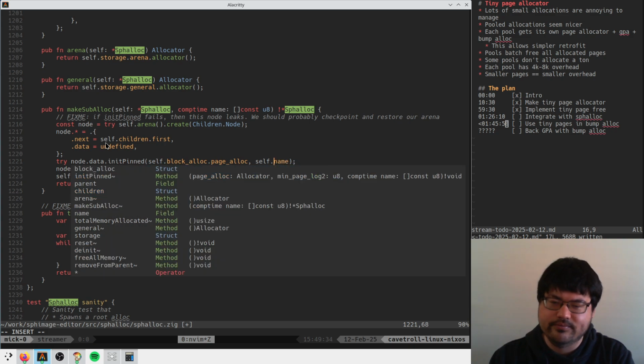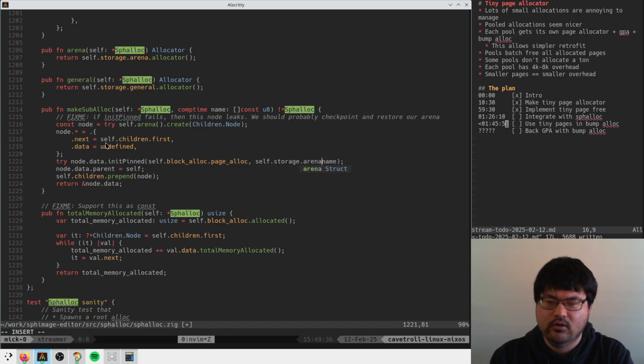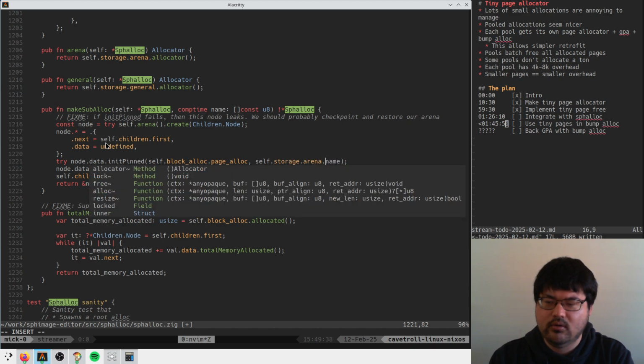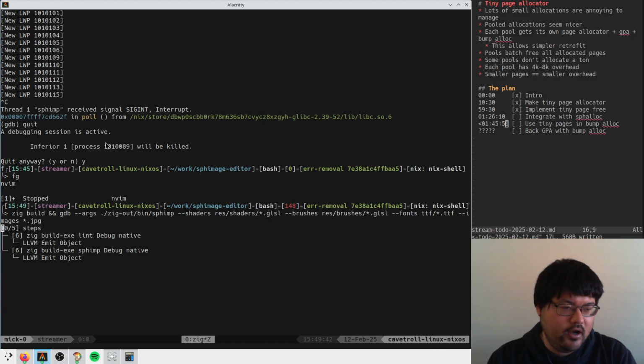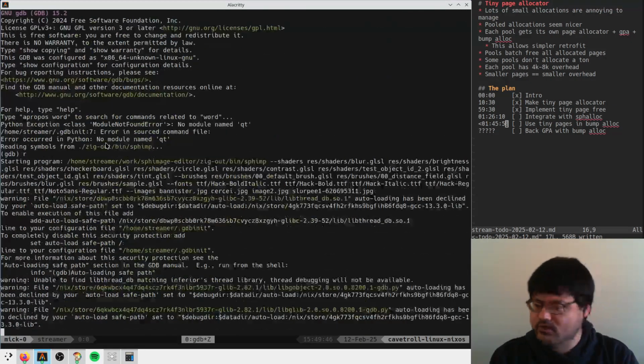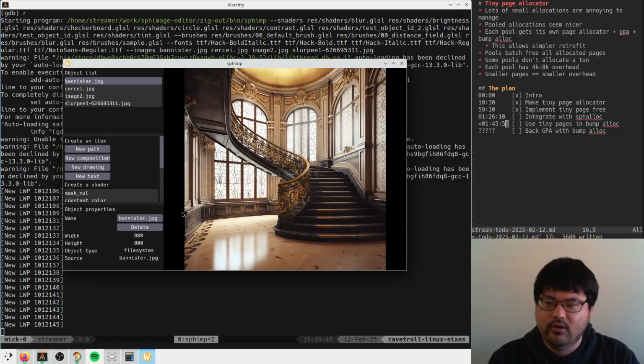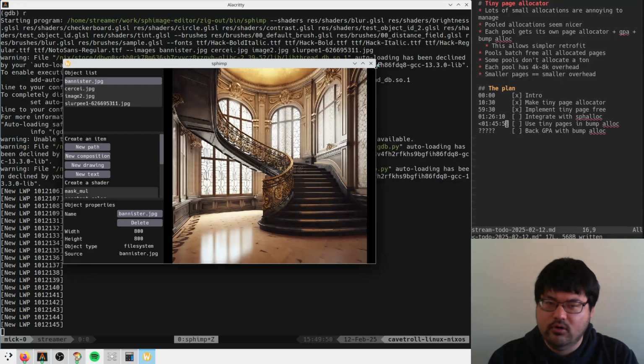Where does this come from? It comes from arena inner min page. There we go. This is like we're hacking, right? I understand that. What version of this? Already 0.14? I'm on 0.13. I didn't know 0.14 was out yet. It's kind of hype. Okay, so